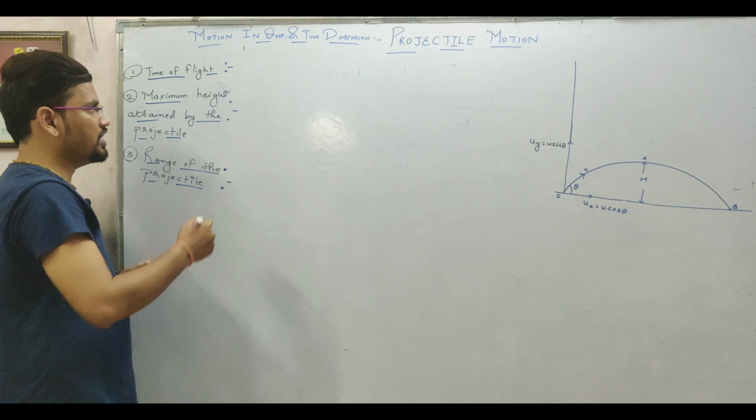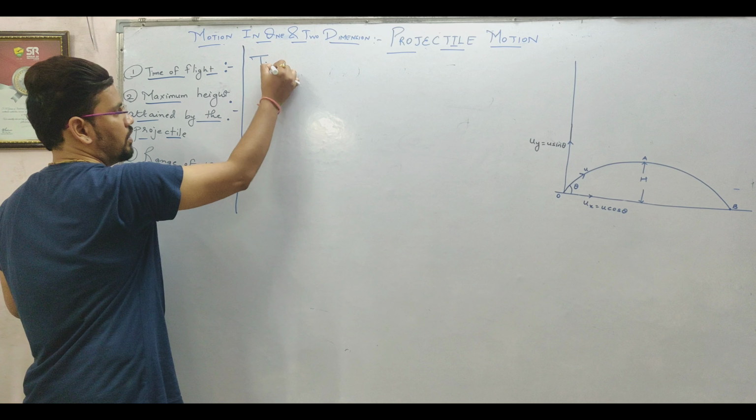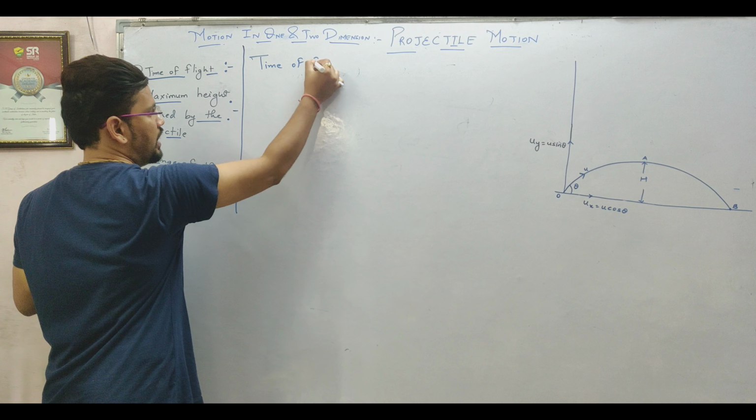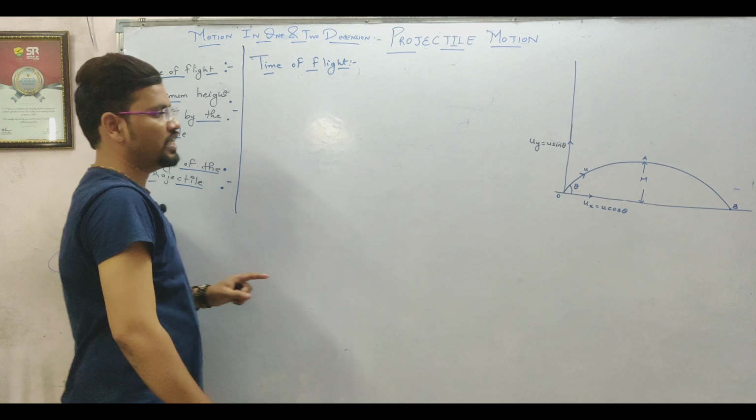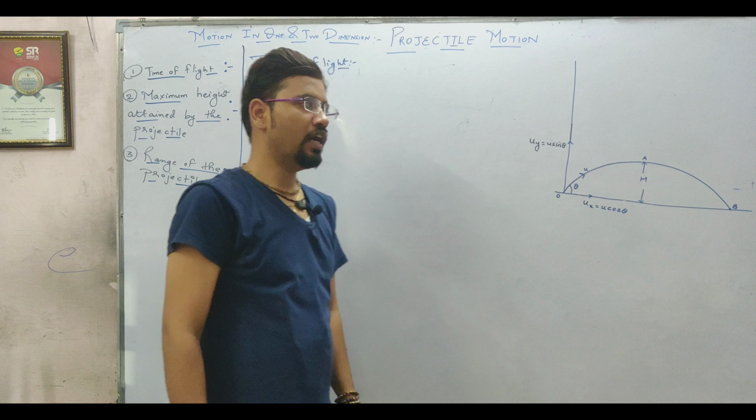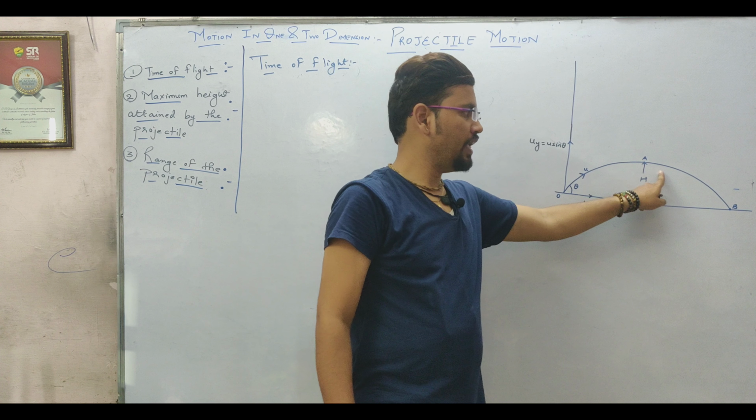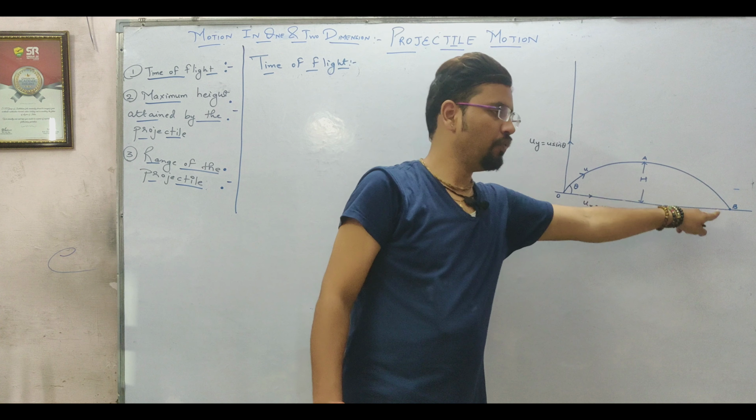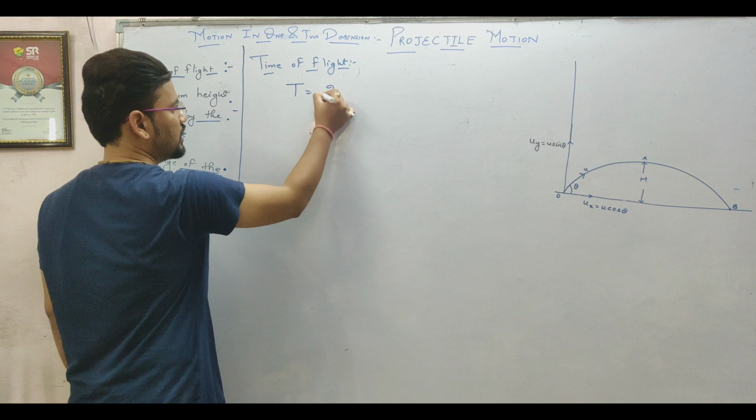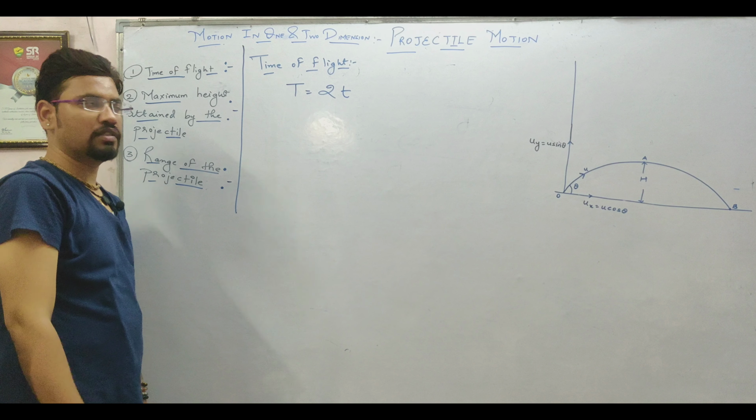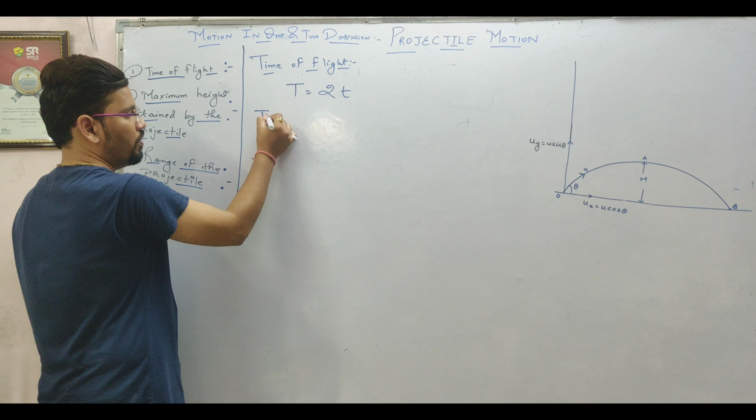So moving on to the derivation, the first derivation is of the time of flight. Now time of flight is divided into two time intervals. The first time interval to reach the maximum height from point O, we'll assume is small t. Then the same time will be taken from maximum height to reach the point B. That is, we can say the total time of flight will be twice the time taken to reach the maximum height. Now, time taken to reach the maximum height